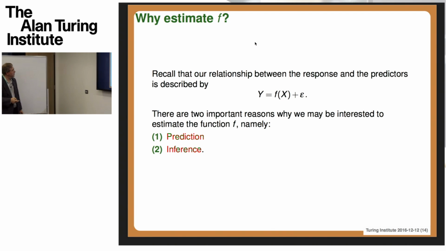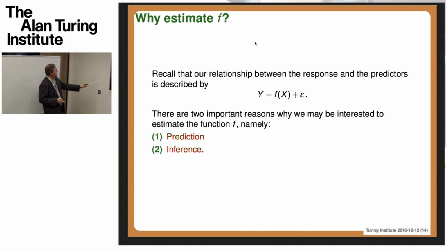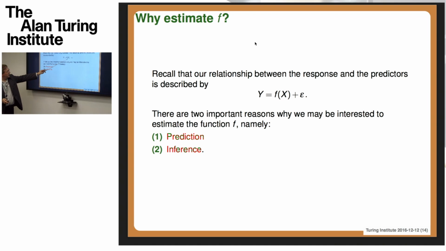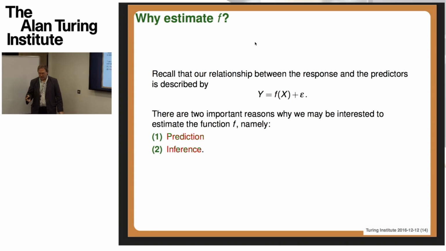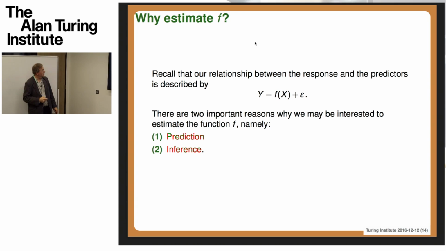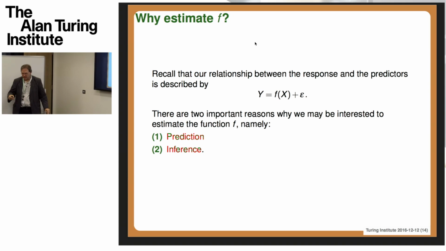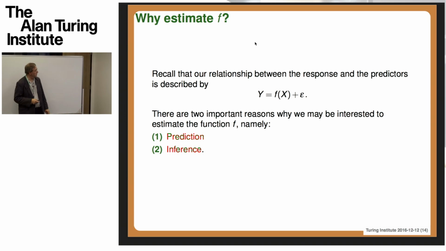Okay, so going back, we want to somehow find this function f, which allows us, if possible, to find that association between the features x and the response variable y. And I think it's worthwhile picking off two different aspects of why we might want to do that. One is prediction: given input variables, given features, how would we predict that response variable y? How would we predict the level of sales given our choices over the advertising budget?